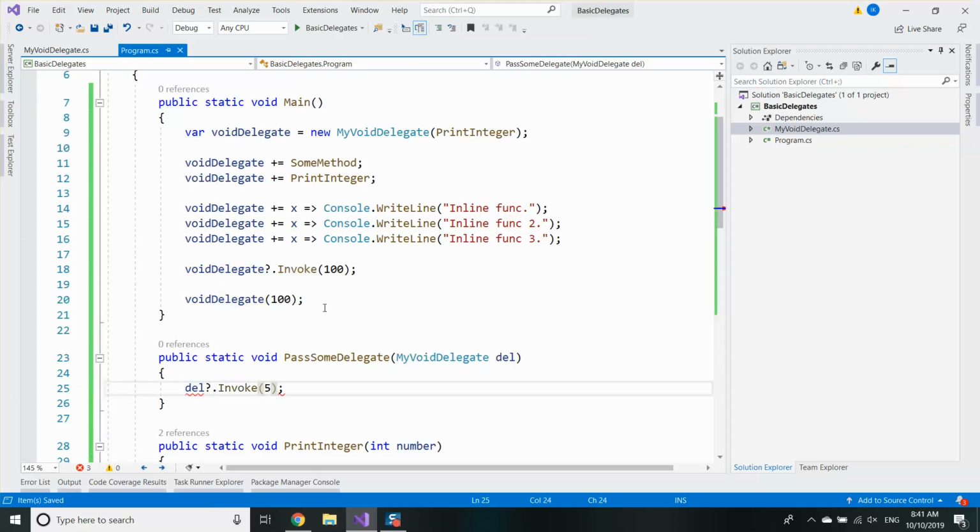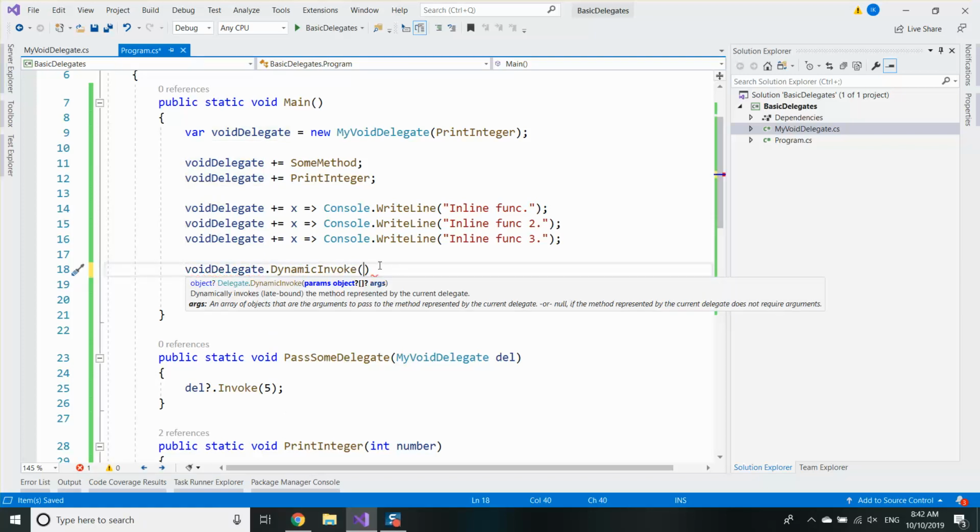So if I want to be sure that this method will not throw if no delegate is passed, I can use the question dot operator. Cool, that's the invoke. You have dynamic invoke, which is slower, but that should be used when you are not